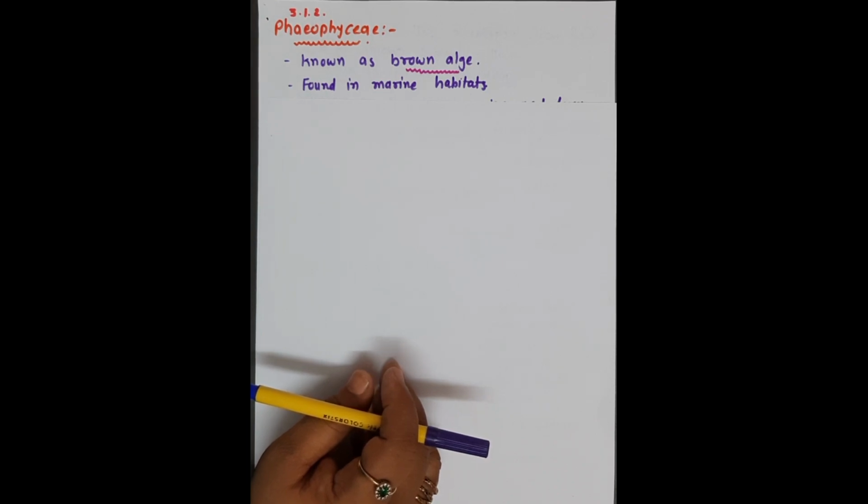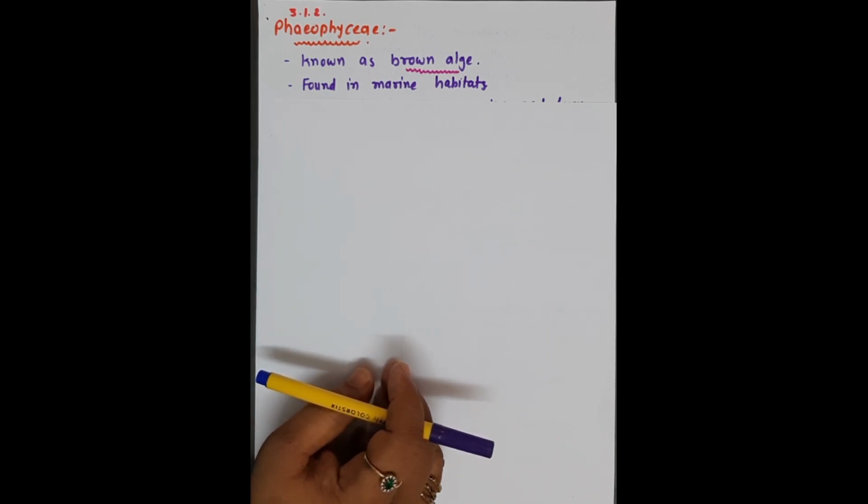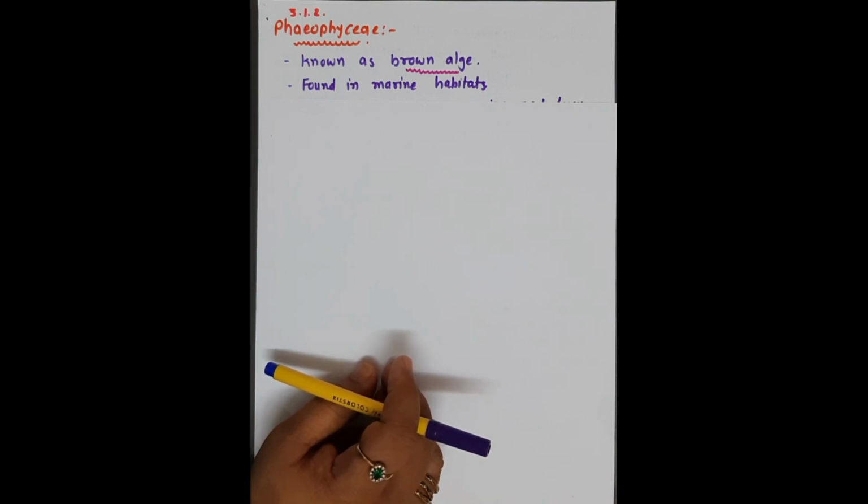Today in this lecture we will discuss the next class of algae, that is Phaeophyceae. As in the previous lecture we discussed Chlorophyceae, which is known as the green algae. Then Rhodophyceae, that is red algae, we'll discuss later. And the third one is Phaeophyceae, which is commonly known as brown algae,